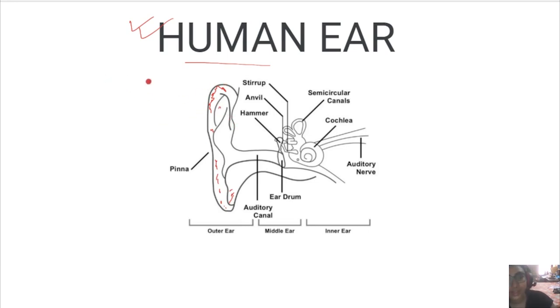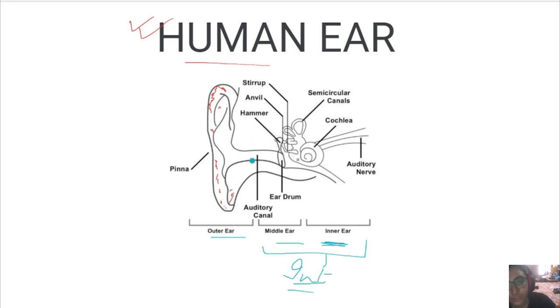So that is the external part of the ear. Now everything apart from that will consist of the inner portion of the ear, because you have divided the ear into three parts: outer, middle and inner. So if you call this the exterior part, then the rest of it is the interior.